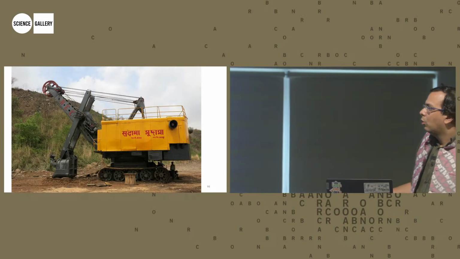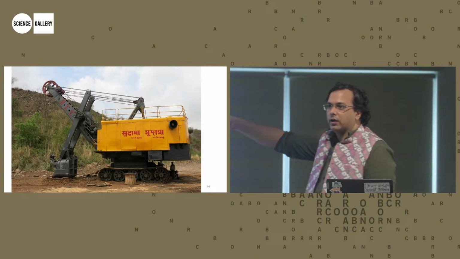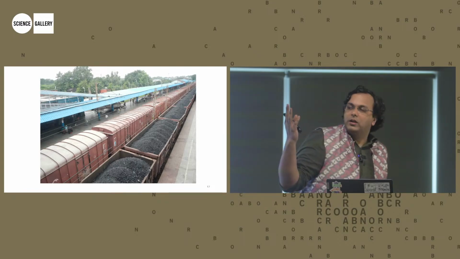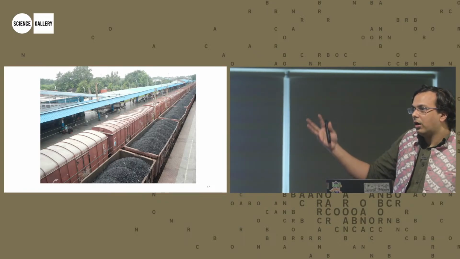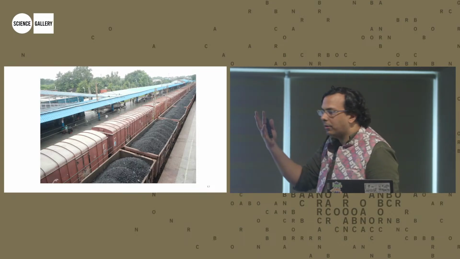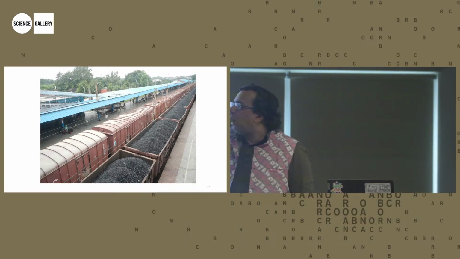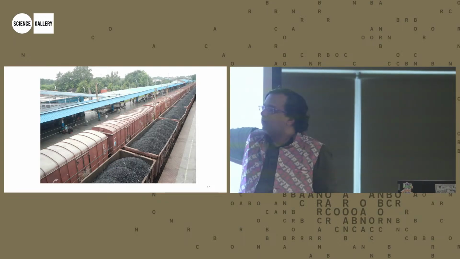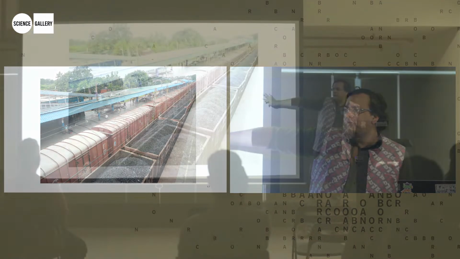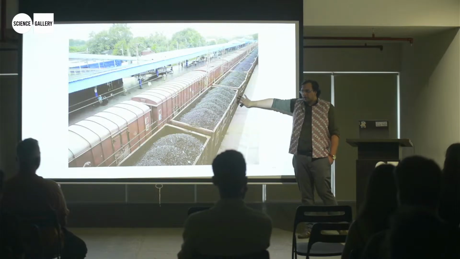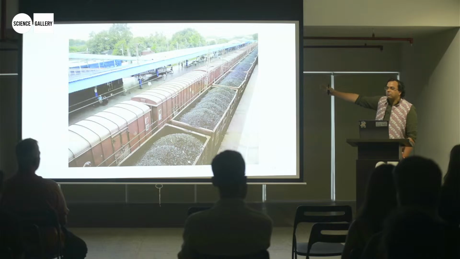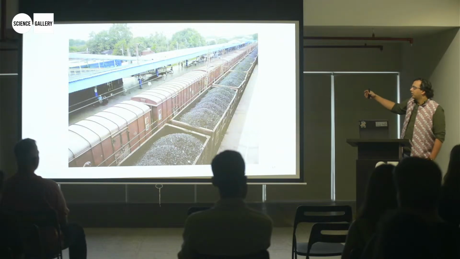And coal moves massive distances, right? Just because the coal is in Eastern India doesn't mean the power plants are in Eastern India, right? If any of you have gone through India, whether it's Maharashtra, Karnataka, Tamil Nadu, you have coal-based power plants everywhere, Punjab. That means thousands of these coal rakes are moving every day. Each of these probably moves about 50 to 100,000 kilos of coal at a time, right? And 700 million tons of this kind of stuff is moving across the country every year.